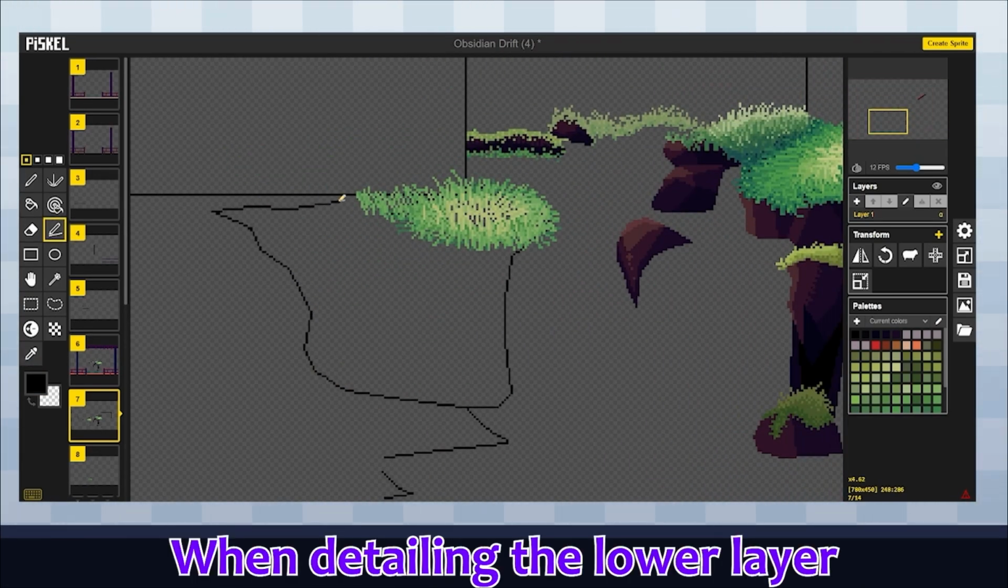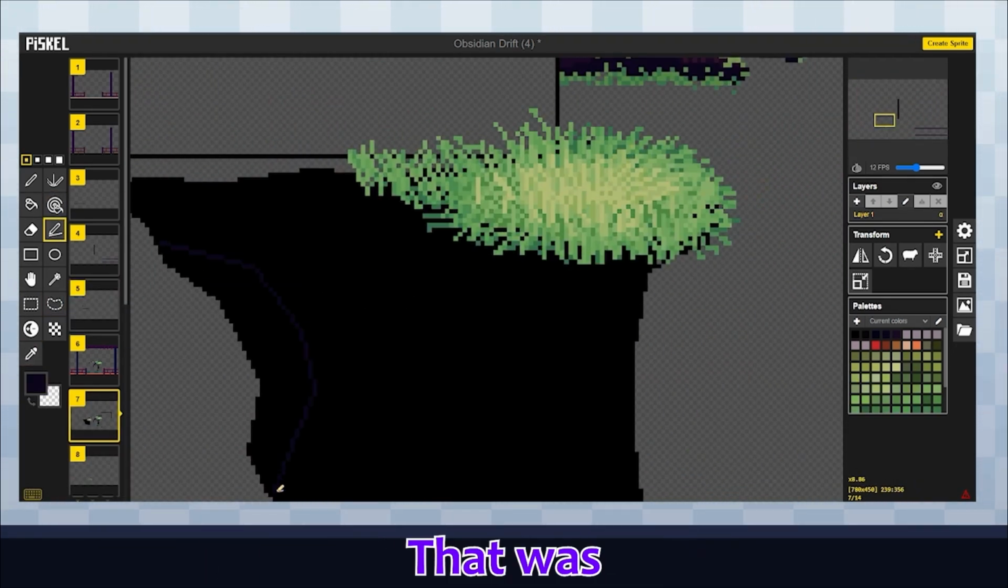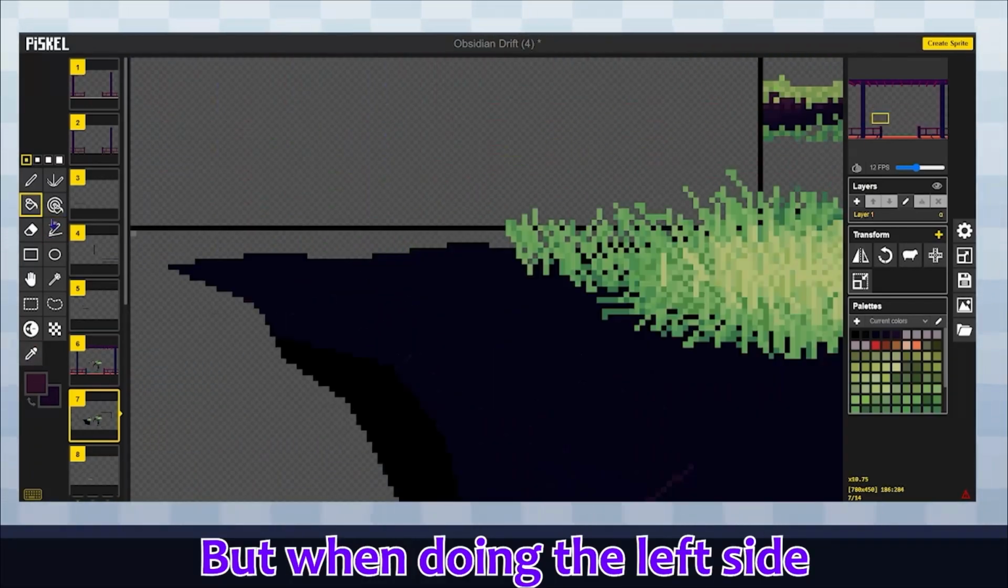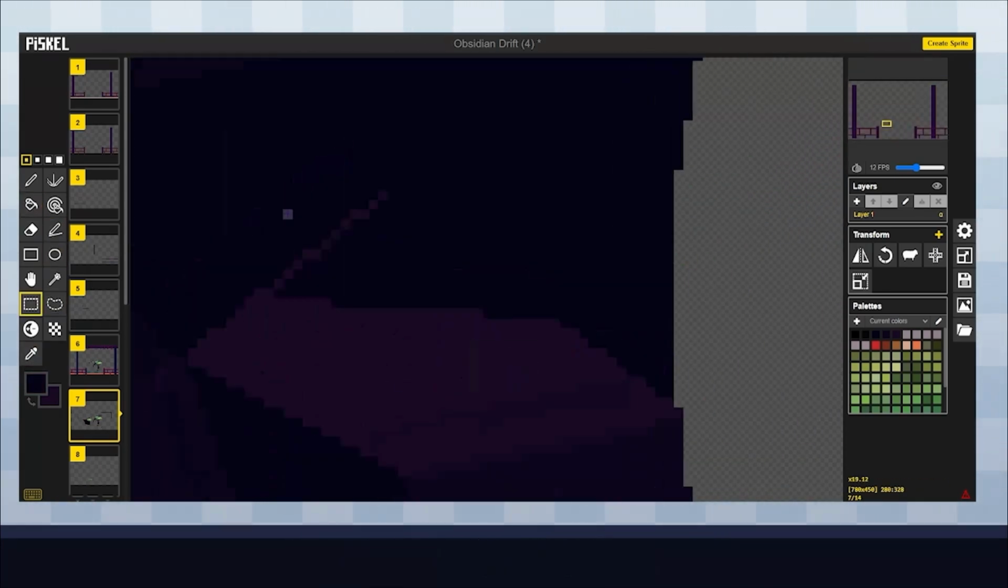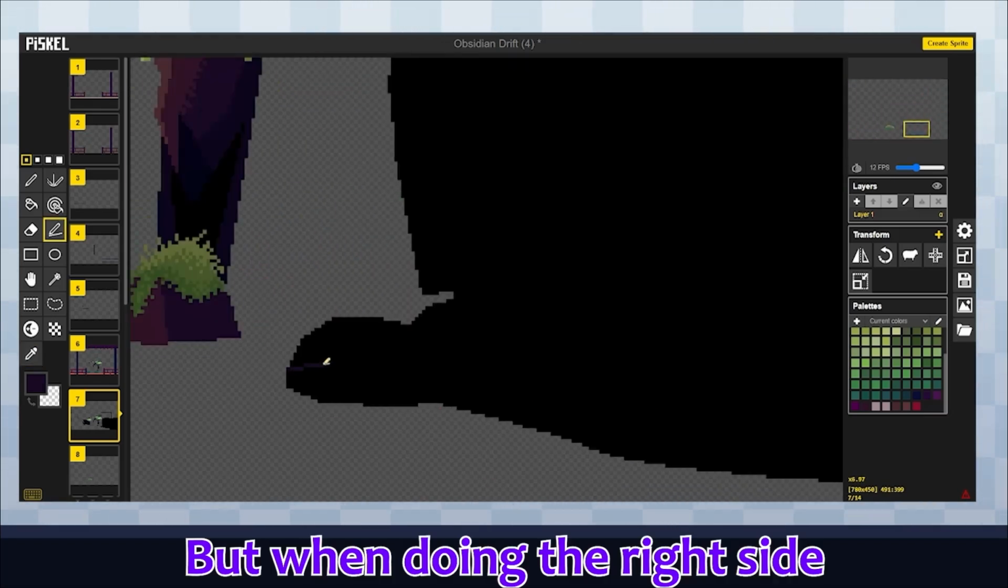When detailing the lower layer of cliffs, I stumbled upon a problem that I had to deal with. That was creating the geometry of cliffs. It really wasn't easy, but when doing the left side, it wasn't that bad since I was able to add a couple of big stones, and with that it added a bigger sense of 3D into the background. But when doing the right side,